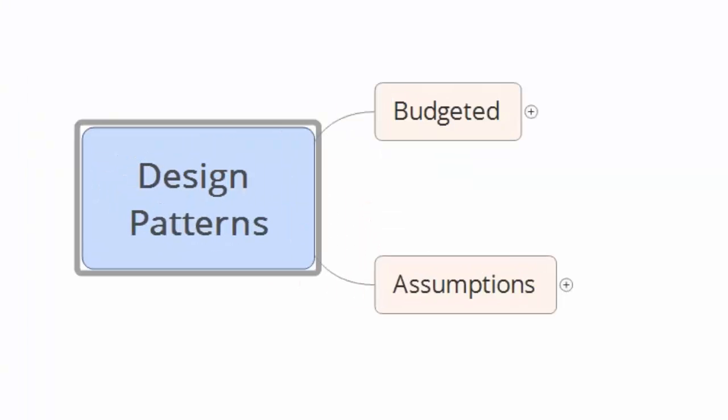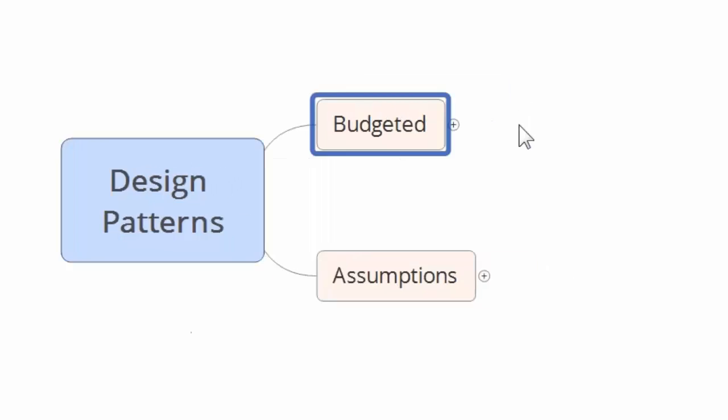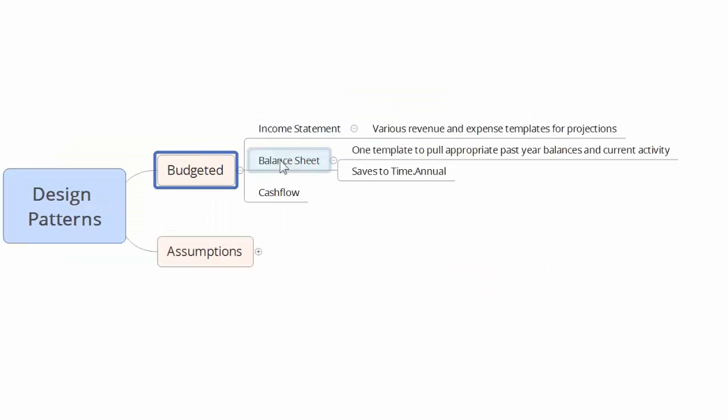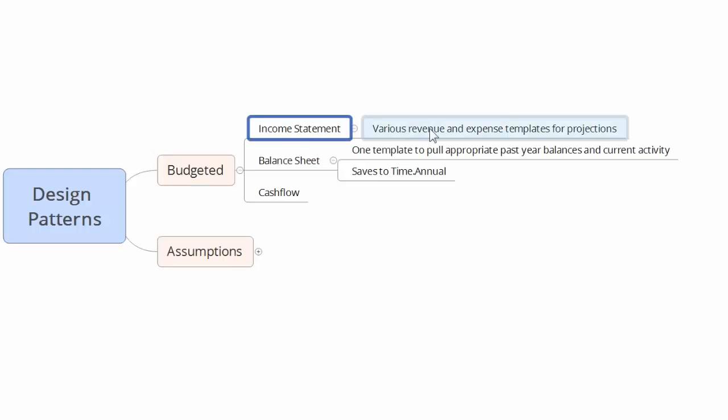Today we're going to talk about some design patterns that we've recently developed that we want to share with everyone around putting together a budgeted income statement, balance sheet, and cash flow statement or statements based off of just income statement information. So for the income statement, that's going to come from various revenue expense templates just for projections